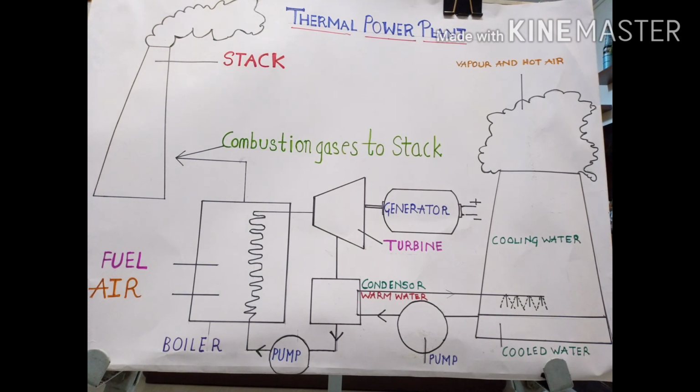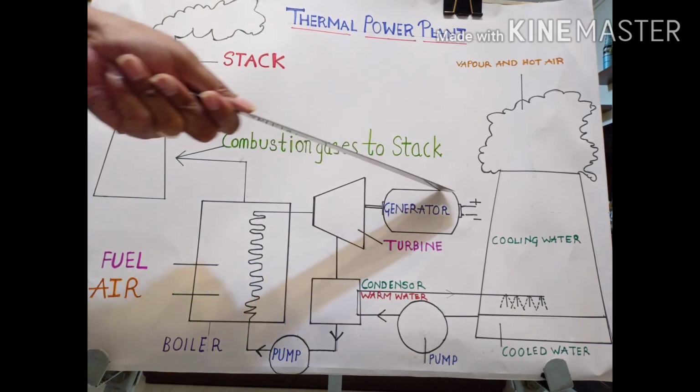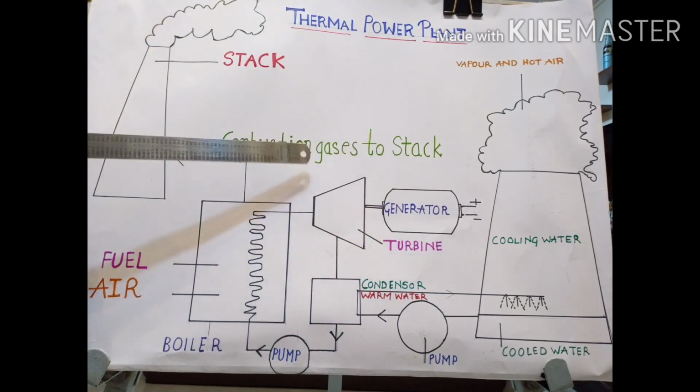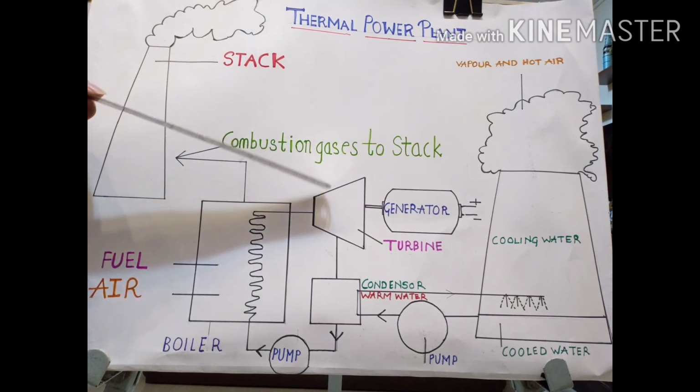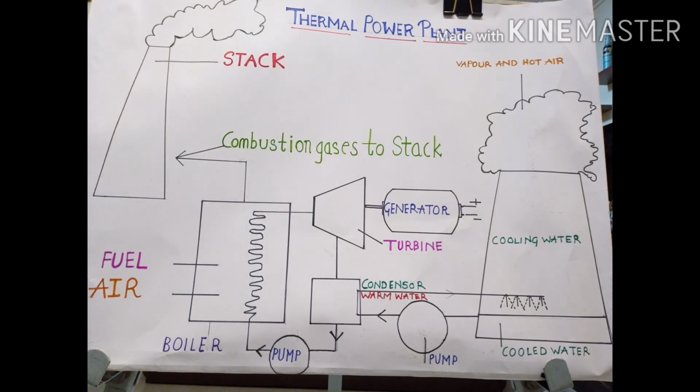Now students, we start with the working of a thermal power plant. Let us understand how the thermal power plant generates electricity. We just learned the working of the turbine and the generator. So now all of you have understood how electric current is generated in this generator with the help of the rotating turbine. Now you require something to drive the turbine. That has been well understood by you. So let us understand the working of a thermal power plant.